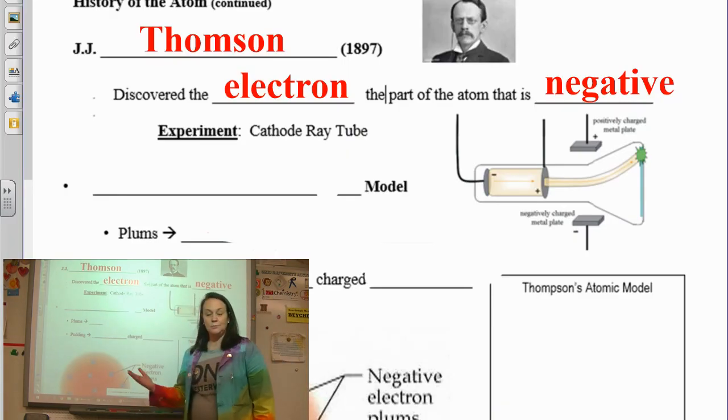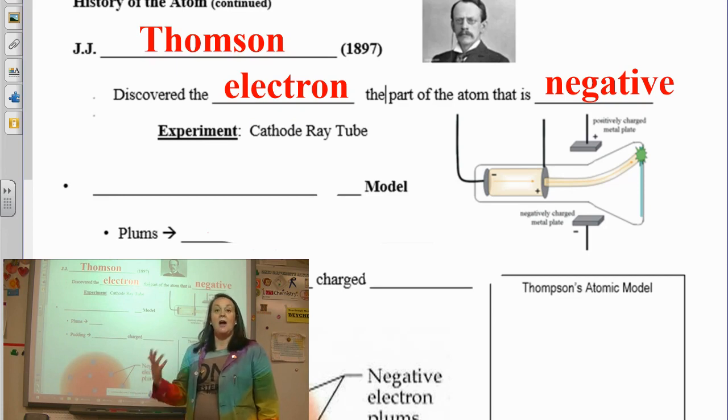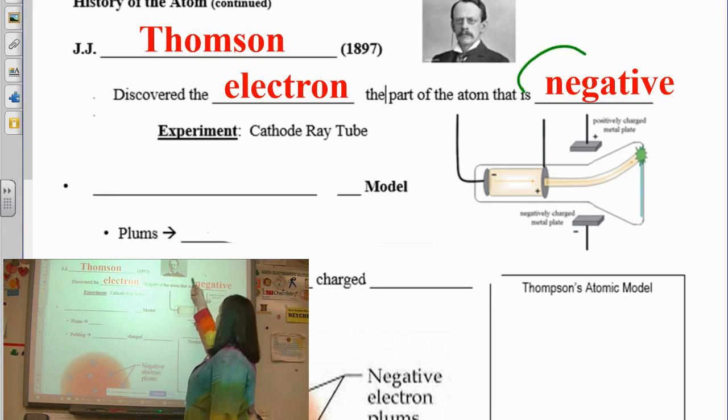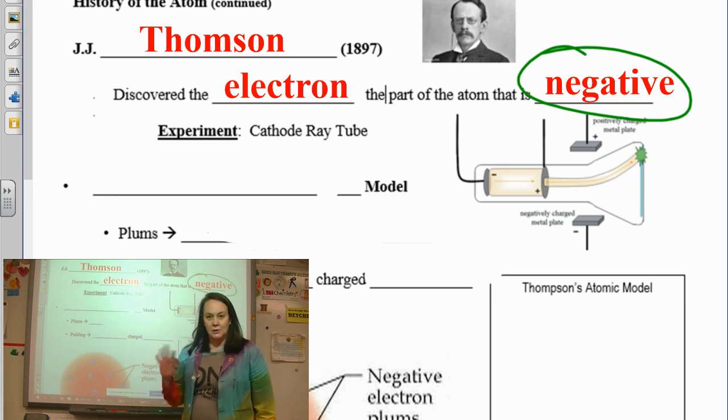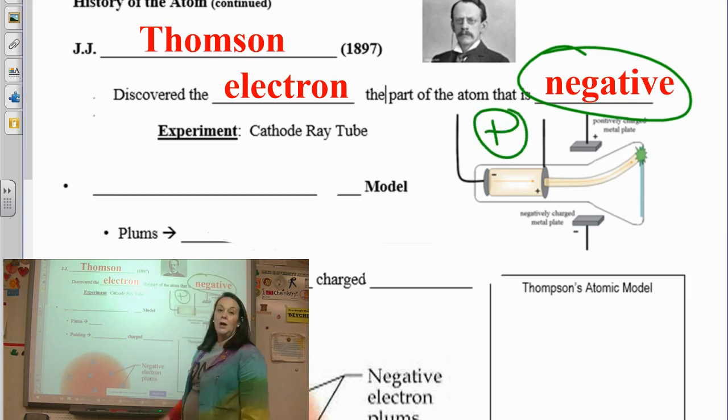And so now they said, all right, so Dalton is incorrect. They're not just marbles with no parts. They obviously have to have something negative about them. However, he's smart enough to know that we can't just have a whole bunch of negative little balls running around here. If you have a negative, you have to have a positive. So there must be something positive somewhere in order to equal out and neutralize all of these atoms.